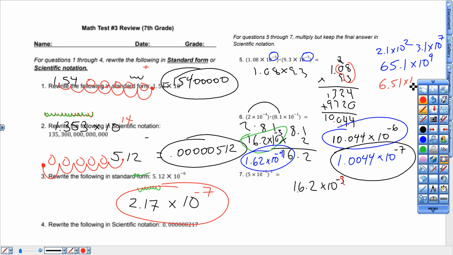What does that do to my power for a positive one? It bumps it up, so it's 10, because you have to move it over an extra. I'm thinking on this one, if I move it here,